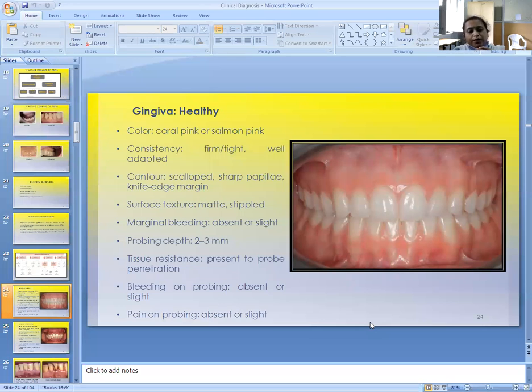Okay, so this is the part of gingiva we will complete partially. In the next